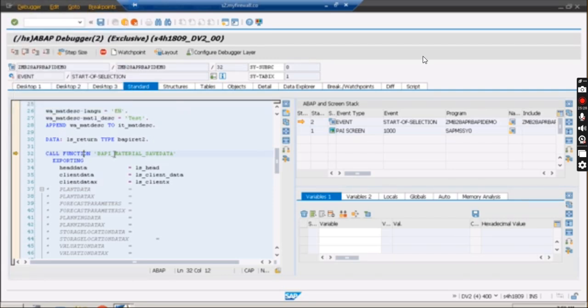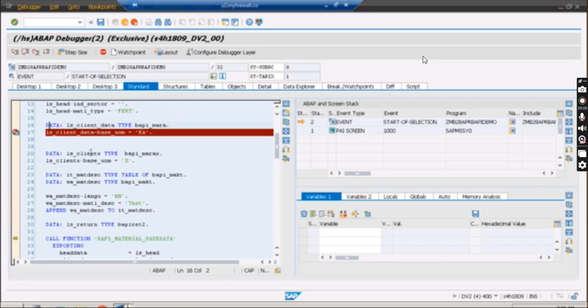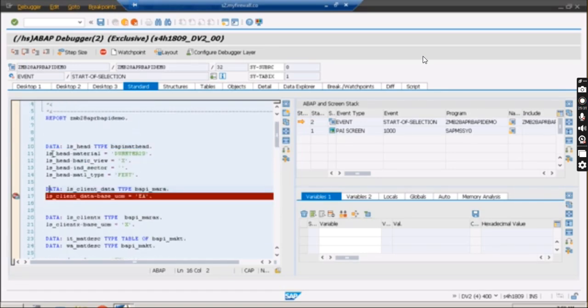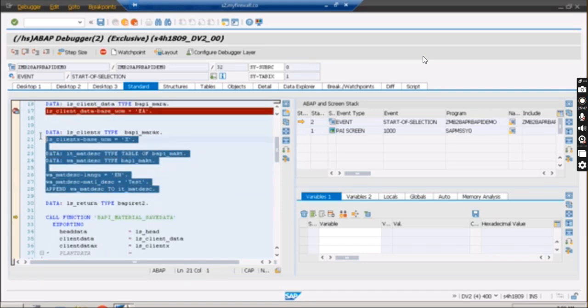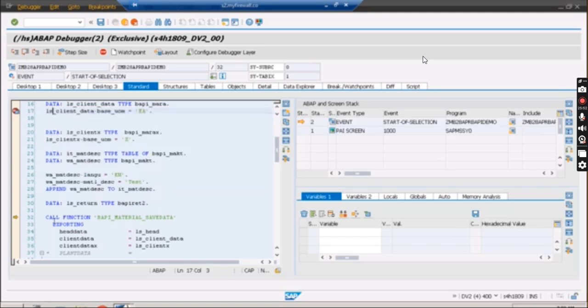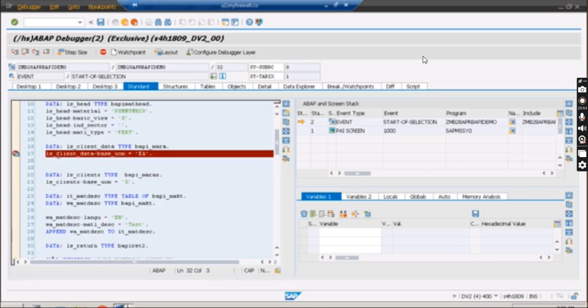Now suppose you want to come back once again to this particular point, so Shift F12. What this Shift F12 will do is directly jump, and the statements in between will not be executed. Again from here I want to go here, Shift F12. The statements in between will not be executed. It will directly jump. So if you want to jump, you can jump using Shift F12.